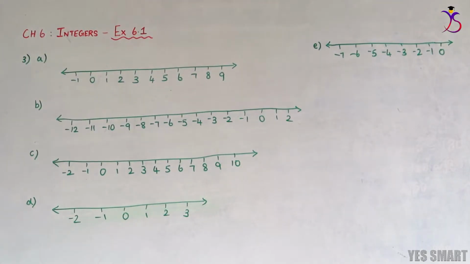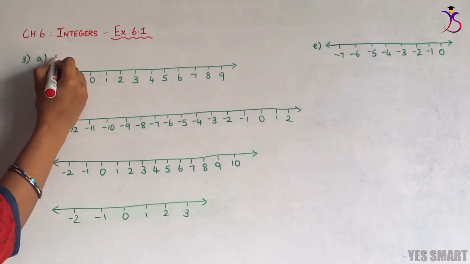Now we are going to discuss the third sum. We have already seen what a number line is, how we are supposed to draw a number line, why positive numbers are here, negative numbers there, and where 0 will be, everything in the concept video. So I have already drawn the required number lines for this sum. So straight away we can start with the sum.